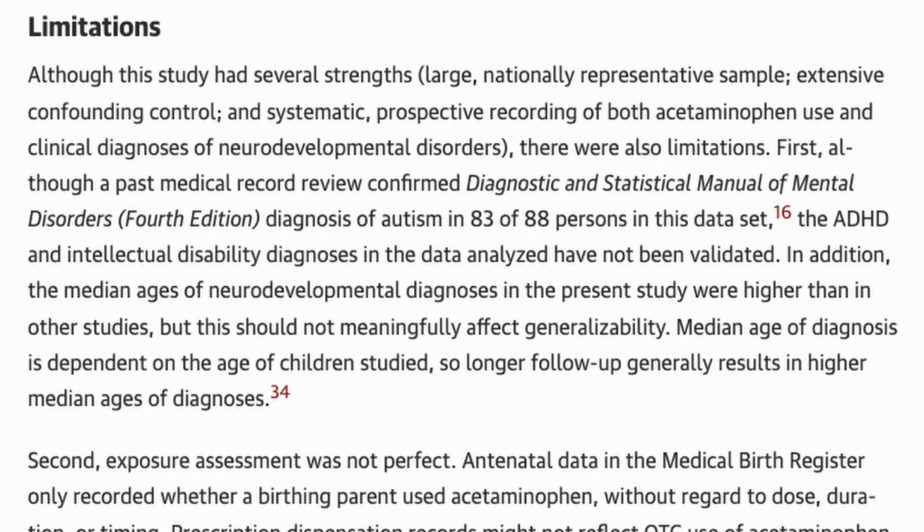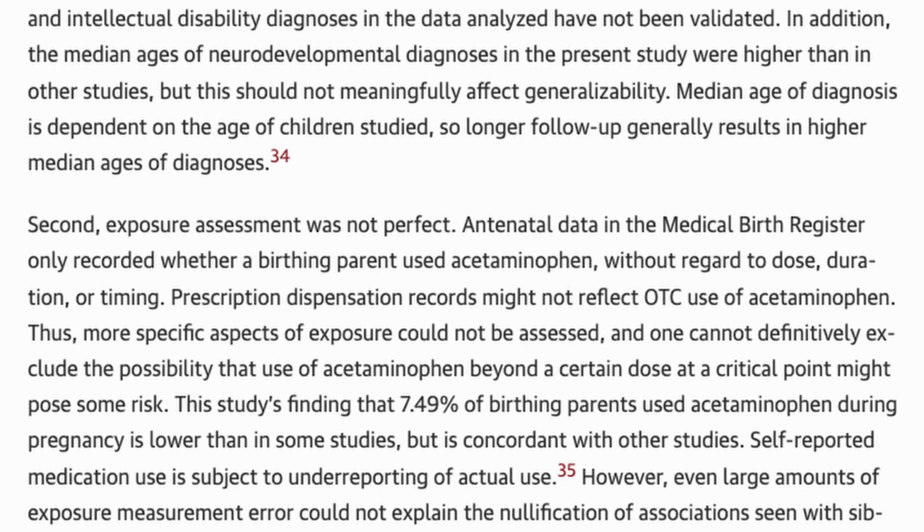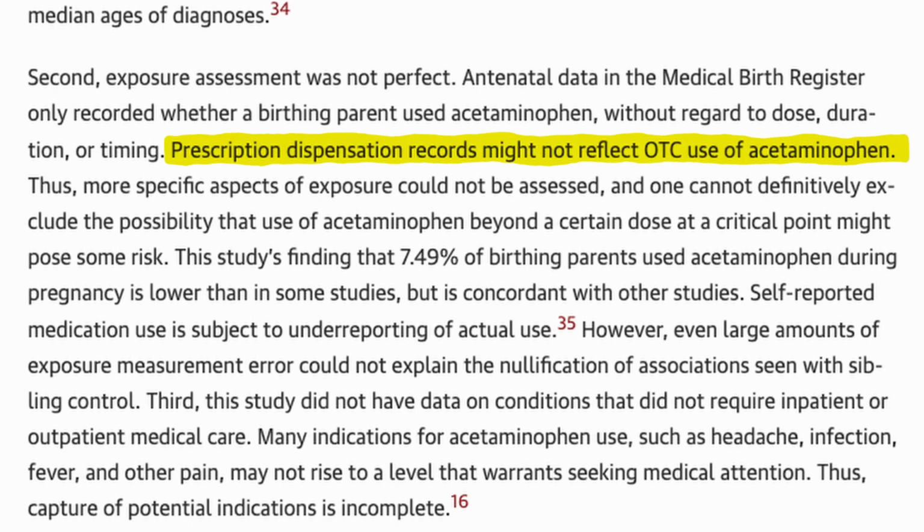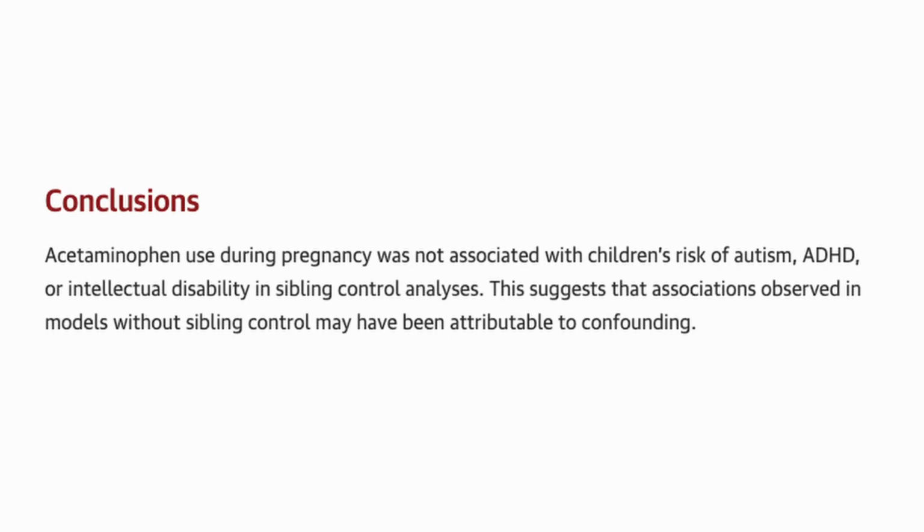may not have included everything since it's over-the-counter use, and it's possible that the parents forgot to report everything, or reported a lower dose than taken, or maybe higher dose, you never know. Of course, that's often a limitation in all studies of this nature, but I think generally the conclusions of this paper are pretty clear. And you have a final note on the conclusions of this paper, which are pretty short,